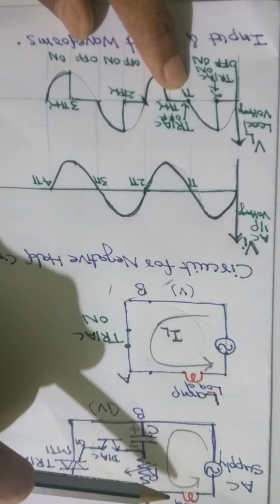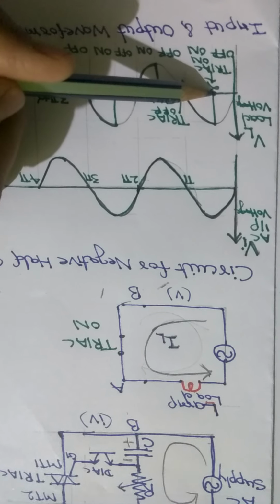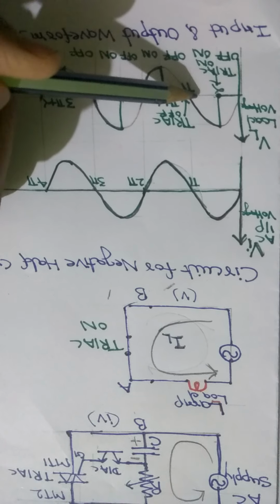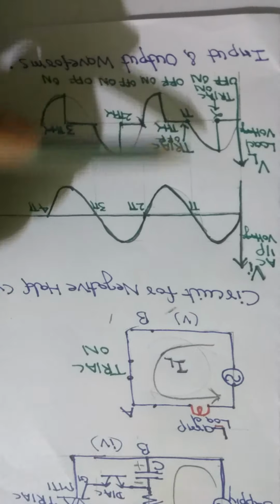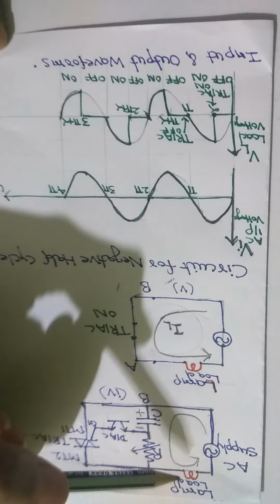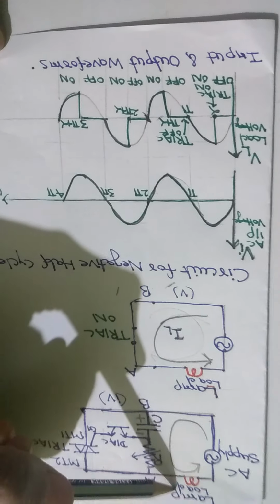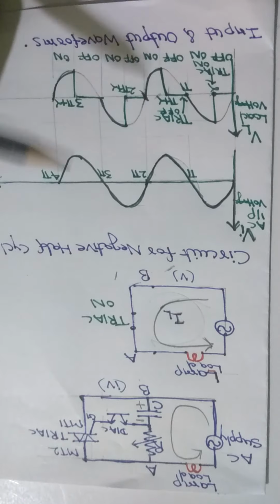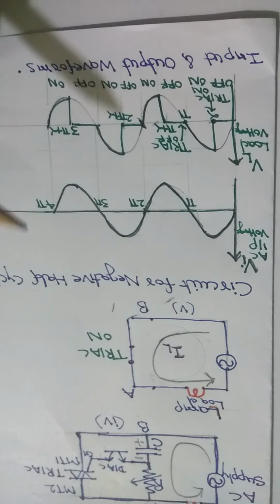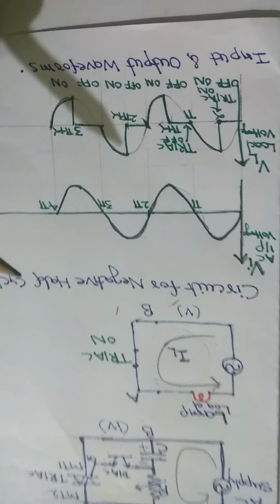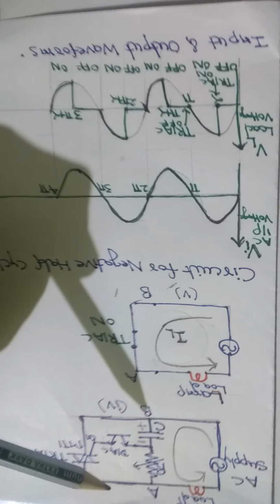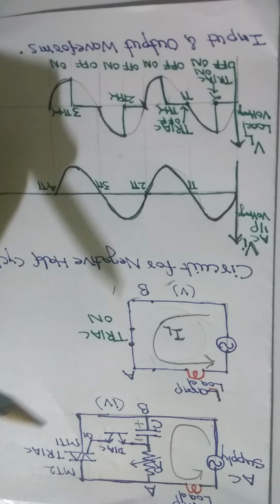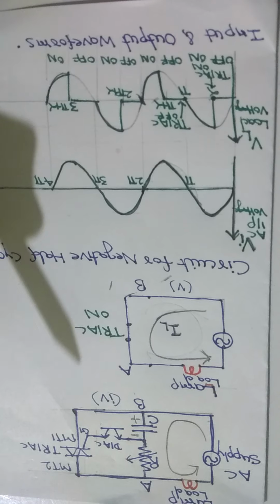But if we decrease the value of R, the firing angle alpha decreases, and the output voltage available is larger, and hence at that instant the intensity of the lamp increases. In this way we can control the intensity of the lamp simply by changing the resistance of this variable resistor, and because of this it is called a light dimmer using triac and diac.